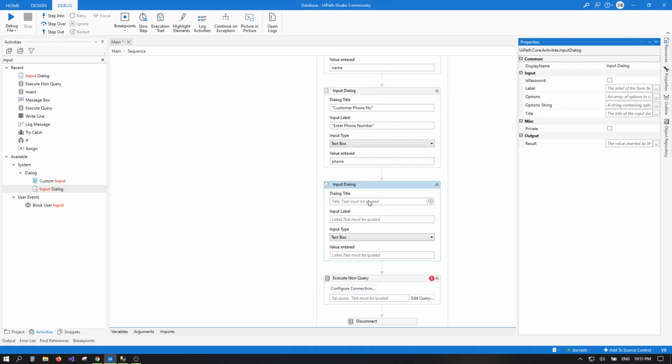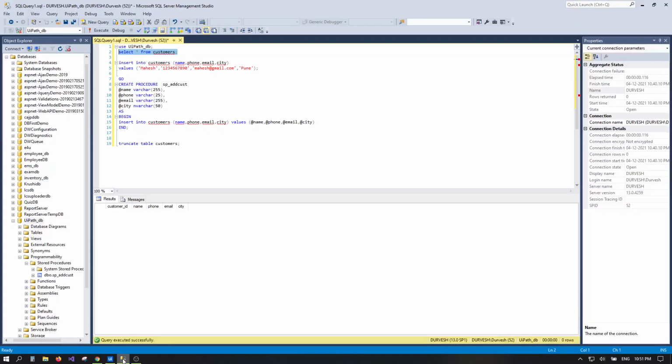Now we will take input for email, customer email, and label email ID. Let's create another variable called email, and the last one is city.